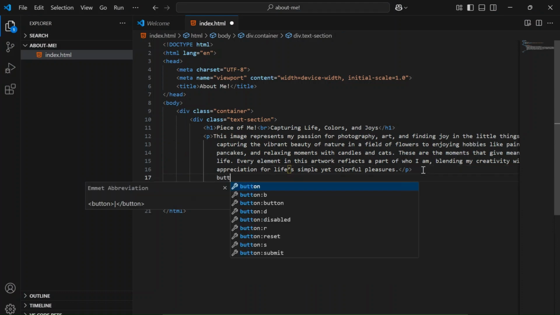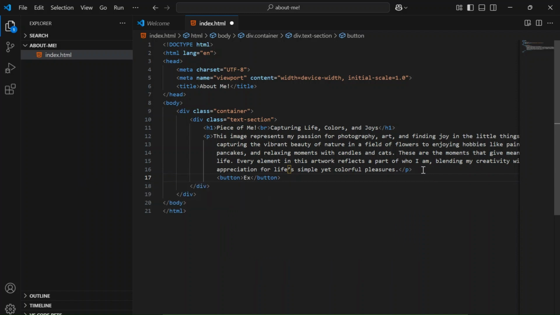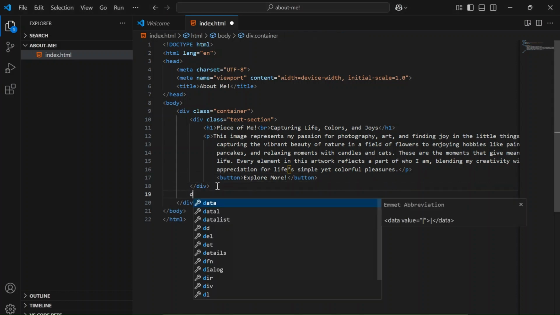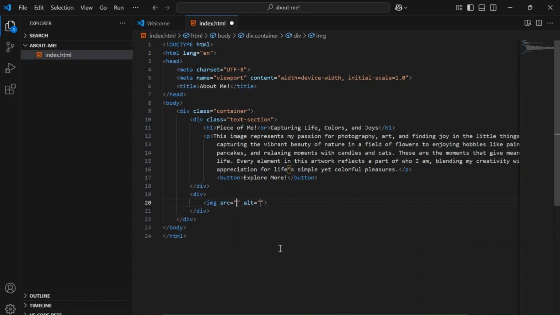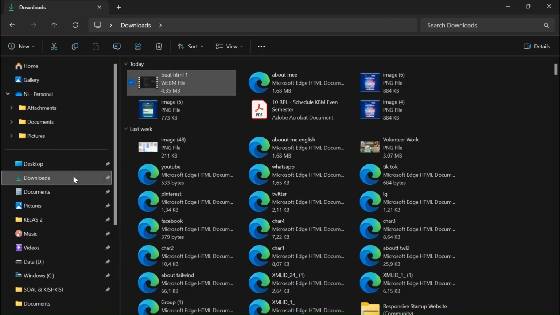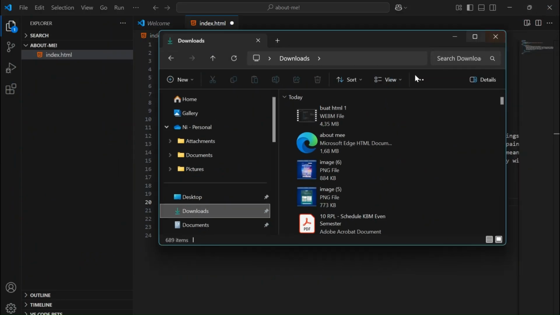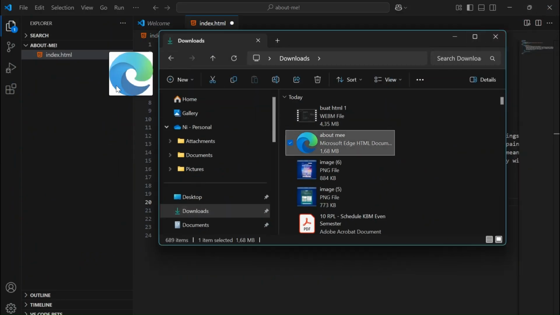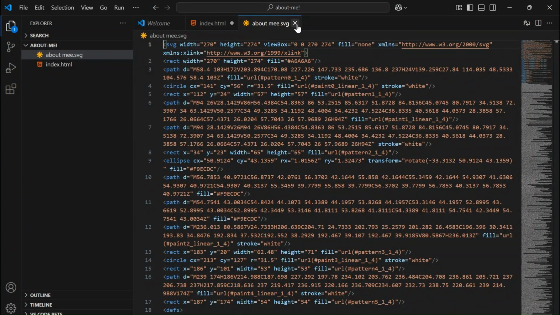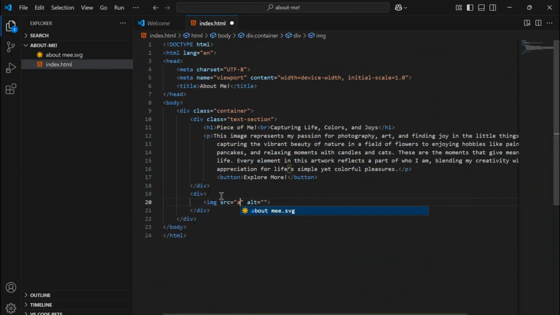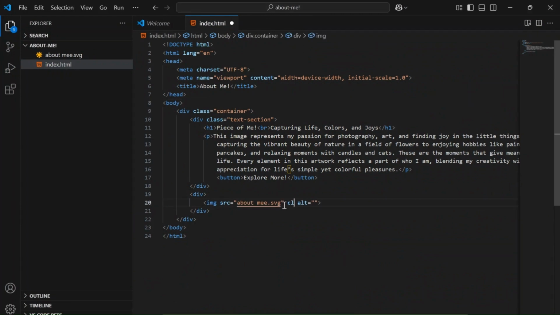After we create the paragraph, we can create a button and type explore more. And we will insert another div to insert the photo that we have made in Figma earlier. Don't forget to put class about in the div image section.